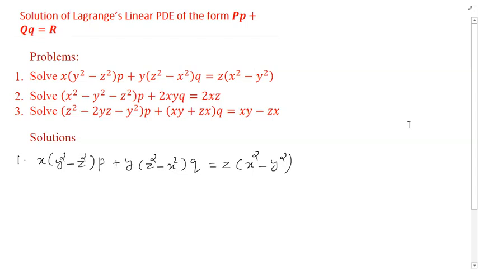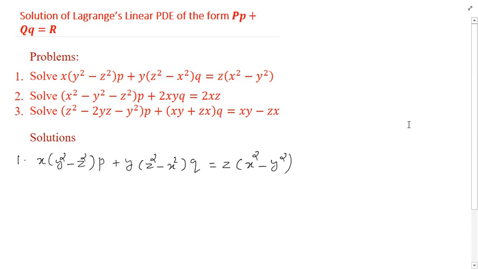In my last two videos, I had explained some problems for solving Lagrange's linear partial differential equation of the form Pp plus Qq equal to R, where z is a function of x and y, and small letter p is dou z by dou x, and small letter q is dou z by dou y. So in this video, I'll be explaining some more problems which are listed here, in which we will be using